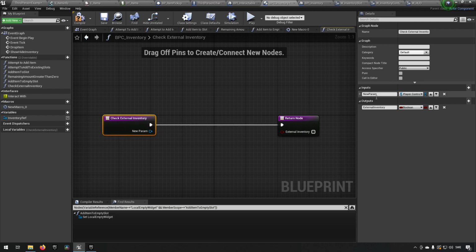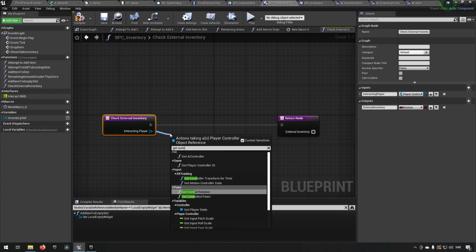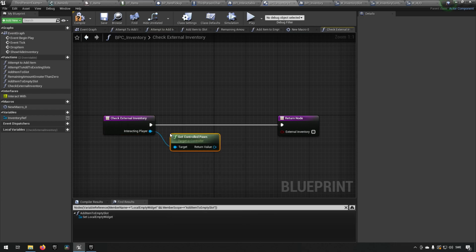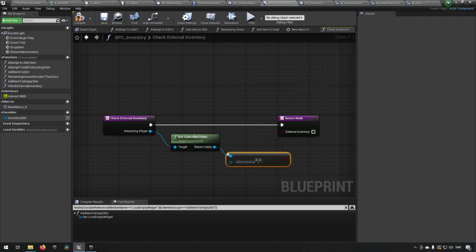And we'll name this the interactive player, like so. So from this player controller, we're going to get its pawn, because that's where we have our component. So get controlled pawn,